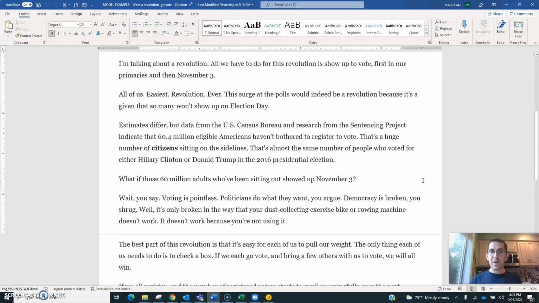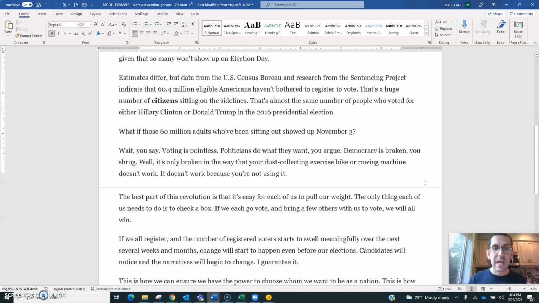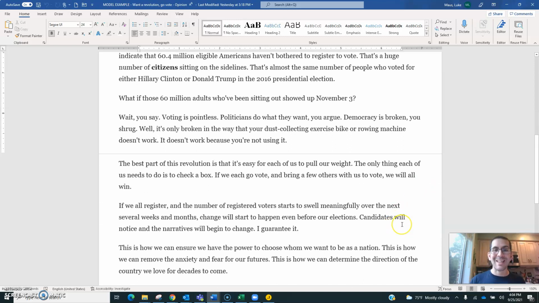Wait, you say, voting is pointless. Politicians do what they want, you argue. Democracy is broken, you shrug. Well, it's only broken in the way that your dust collecting exercise bike or rowing machine doesn't work. It doesn't work because you're not using it. The best part of this revolution is that it's easy for each of us to pull our weight. The only thing each of us needs to do is to check a box. If we each go vote and bring a few others with us to vote, we will all win.